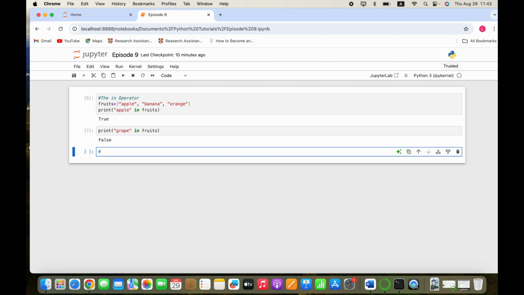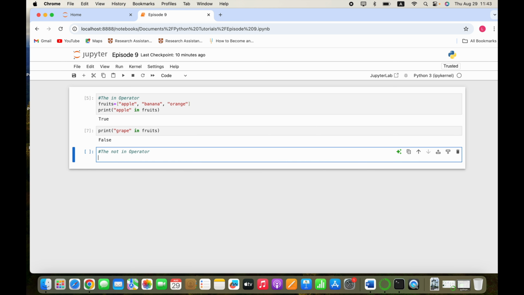So hash the not in operator, and here we'll create a variable named string1 and we'll assign like a string type hello world,